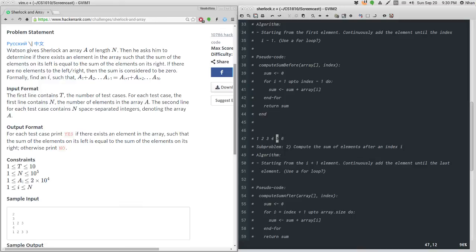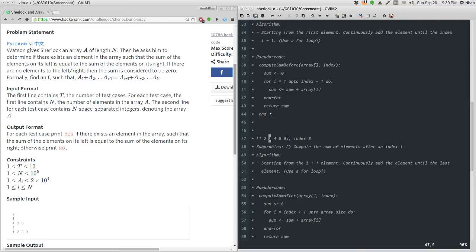Explain the code after. So let's say I have an array of 1 2 3 4 5 6, this is an array, you can imagine. Now if I have index 3 to be chosen, let's say the index starts from 1, so 1 2 3, this one is the pivot element. Now I want to calculate the sum of all of the elements on its right. So I'm going to calculate the 4 5 and 6. You can see that the starting point of it is index plus 1. So index plus 1 is index 3 plus 1 is 4,